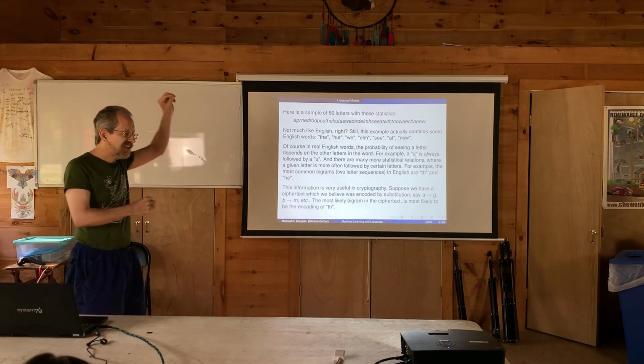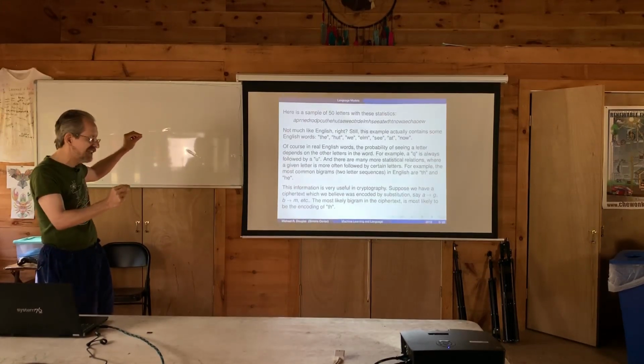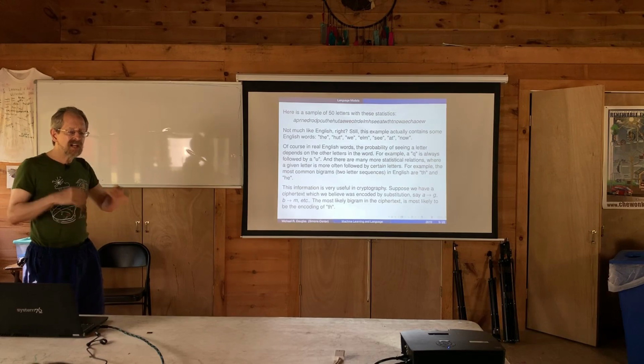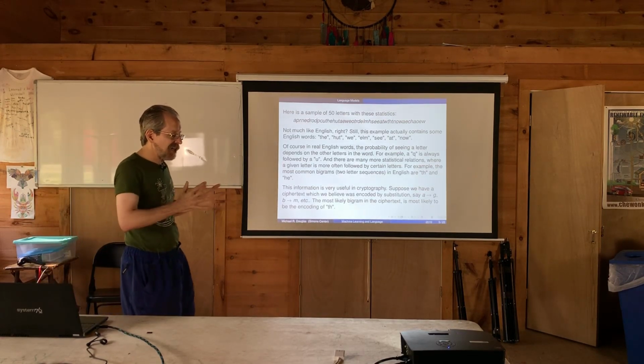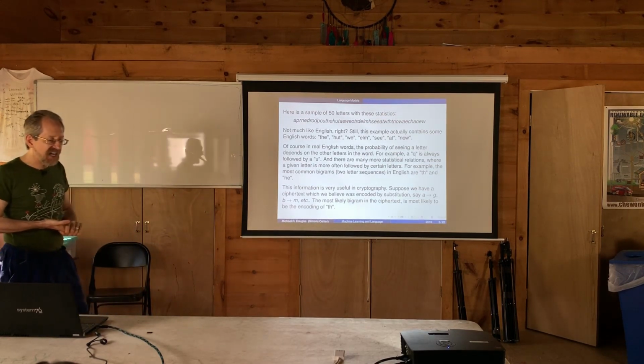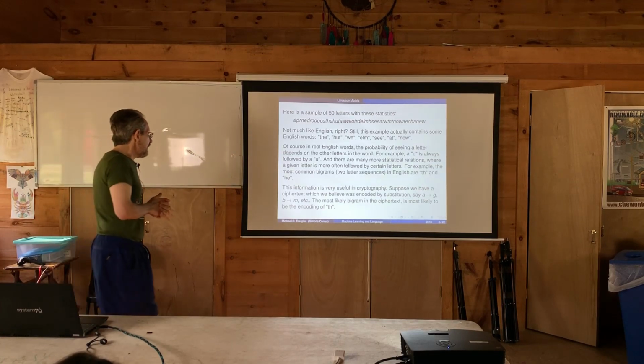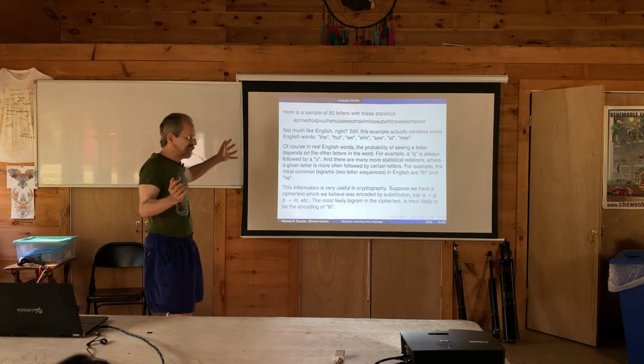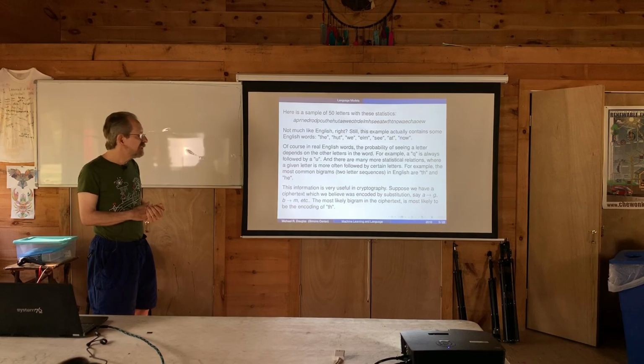And then the next would be to have a table. A goes to a G, B goes to M, and so forth. That's the kind of code that you would learn to break in one of these courses. And statistics is really the most effective way to do that.